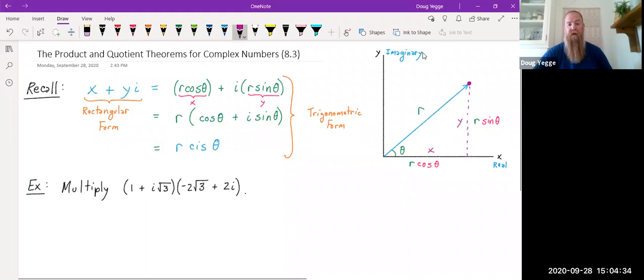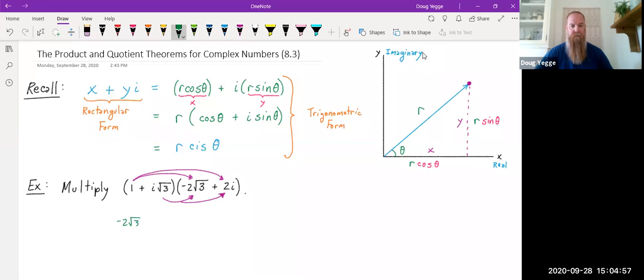So we're just going to take a look at what we're able to do when we apply the operations below. This first time we're going to multiply 1 plus i root 3 times negative 2 root 3 plus 2i. Remember, the way that we're doing that is simply by distributing each term in the first to each term in the second. So this simply becomes negative 2 root 3 plus 2i